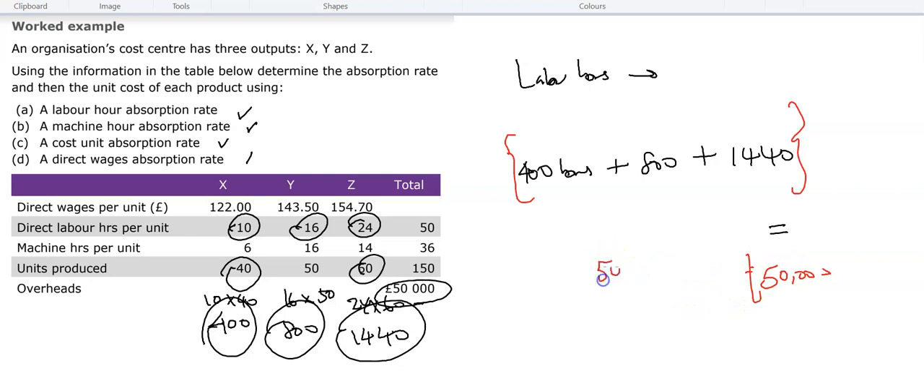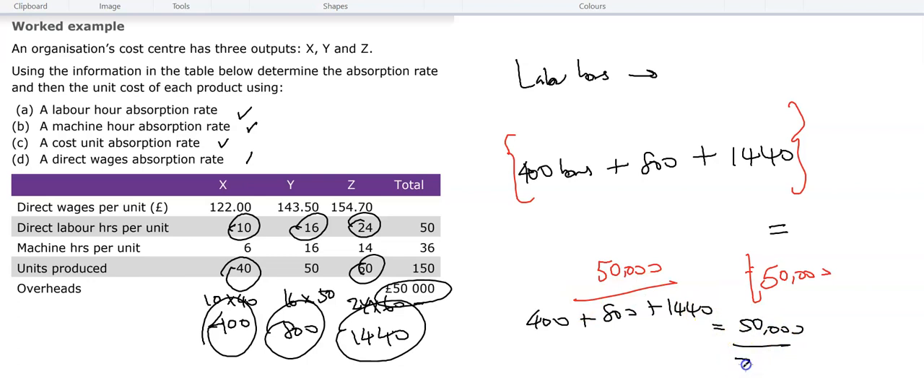So the cost per hour is 50,000 divided by the 400 plus 800 plus 1440. Let's do that very quickly. This is equal to 50,000 divided by 2640, which is equal to £18.93. My calculator is rounding up, so I don't know what your calculator is doing, but I will just accept £18.93